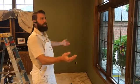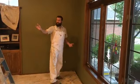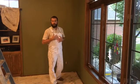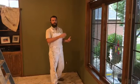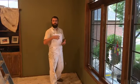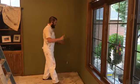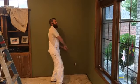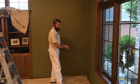If we're only doing this wall, what I normally do first, like I showed you before, is we work in teams. One person will be cutting, one person will be rolling. If I'm doing this wall myself, it's a small enough wall that I can cut this whole wall first and have enough time that the paint's still wet when we roll. So I'll take a cut can and start at the bottom corner. It's kind of the rainbow method where you cut up, cut over, cut down,